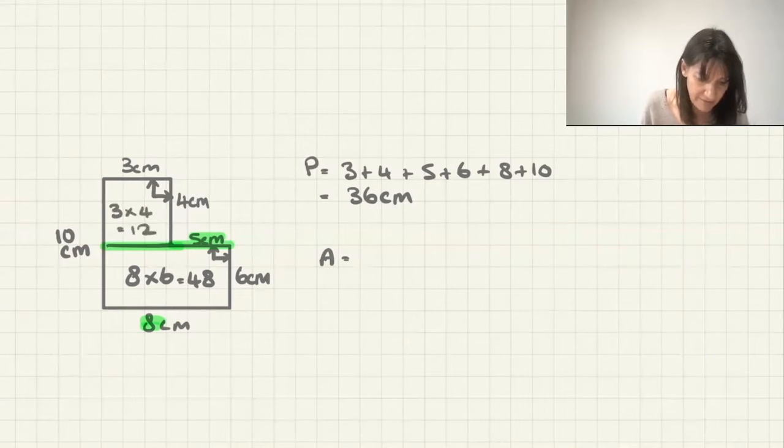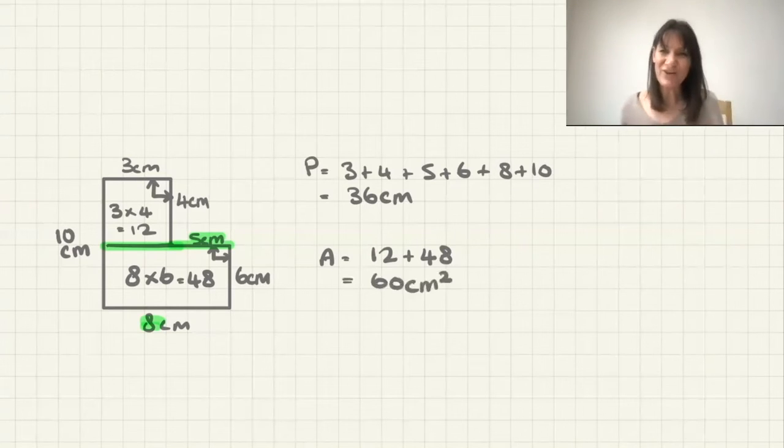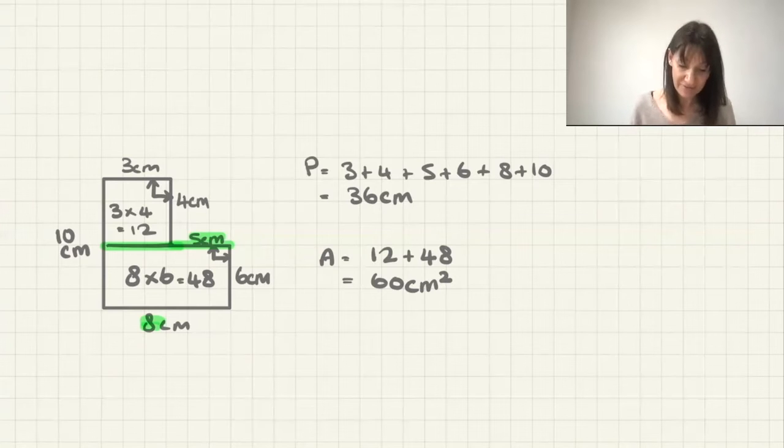So the area of this one is going to be 12 plus 48. And that is going to give me 60 centimeters squared. If you got that right, great. Really, really good. Okay, we're going to look at one that's slightly different now,